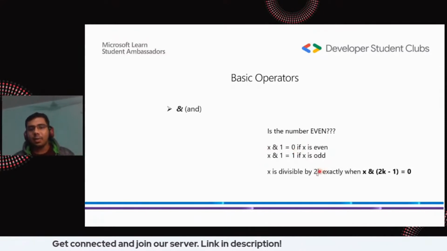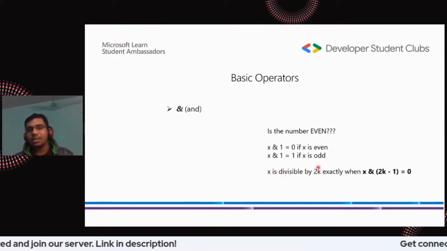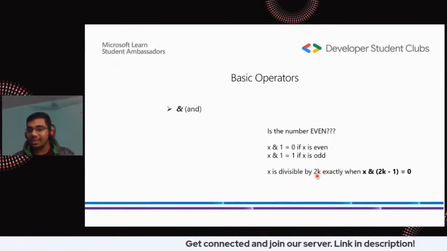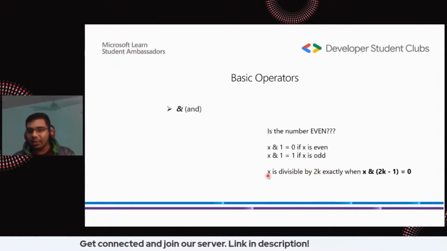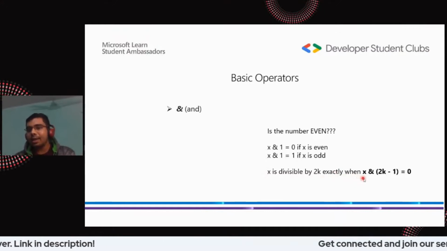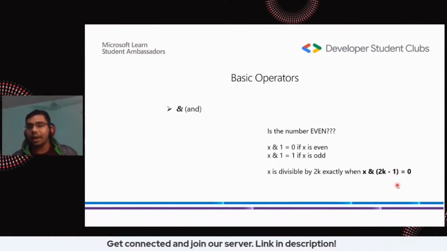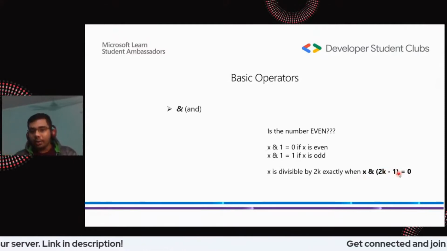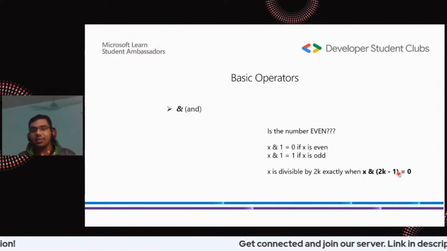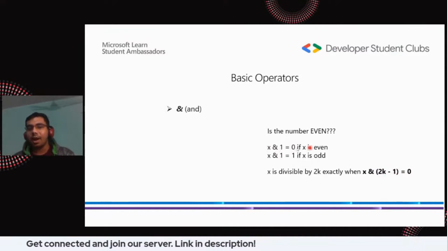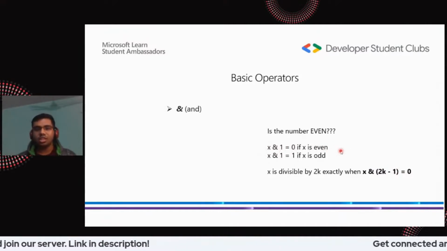Extend this, say we have a number x and we're trying to find out whether it is divisible by 2^k. So by the number 2^k, you can understand that 2^k is an even number. So if you're trying to find out if the number x is divisible by 2^k or not, then this will be true exactly when x AND (2^k minus 1) is 0. So when we're doing 2^k minus 1, look here, we are actually trying to set it to an odd number. So we consider 2^k, which is an even number, and we set it to an odd number by doing 2^k minus 1, and we just attain the first statement out here, right? That's what we try to achieve.